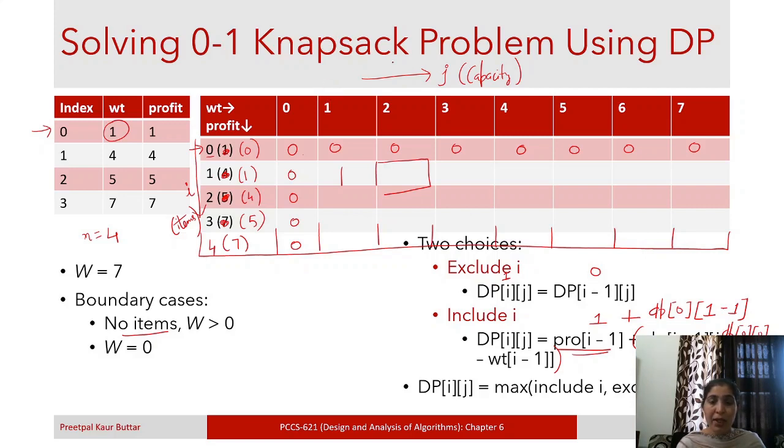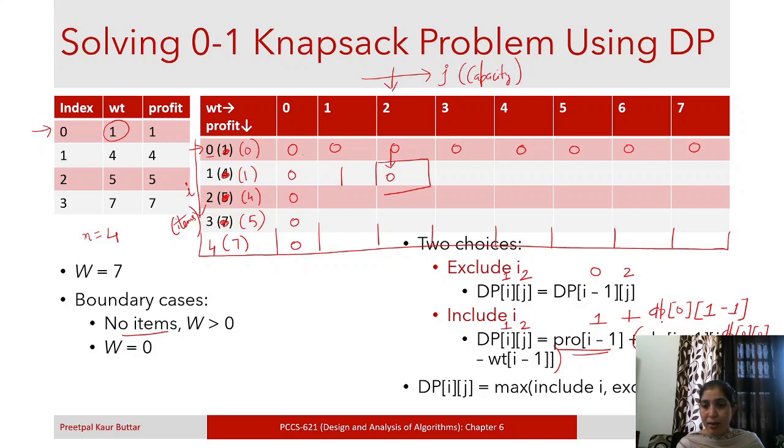Now you are putting it into a knapsack of capacity 2. So if you exclude it, then you will copy the upper cell's contents. And if you want to include it, then dp[i][2] will be the profit of i. The profit of i is 1,